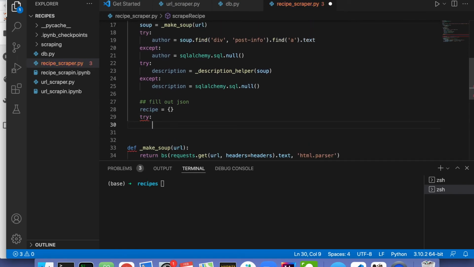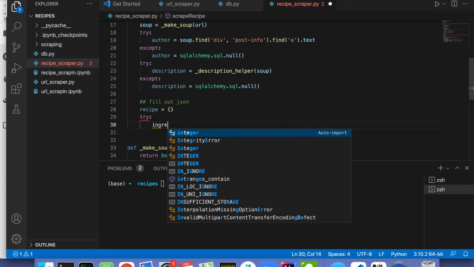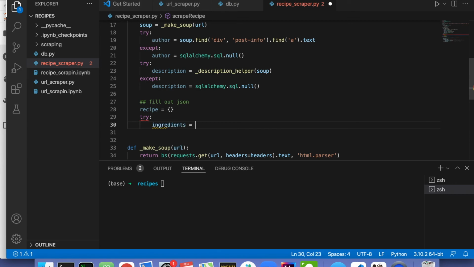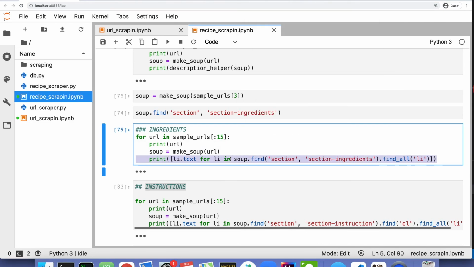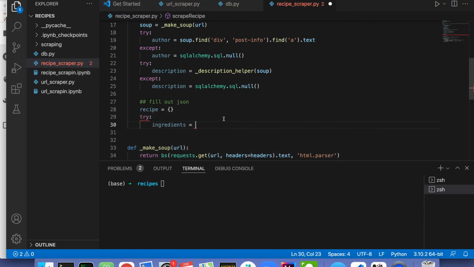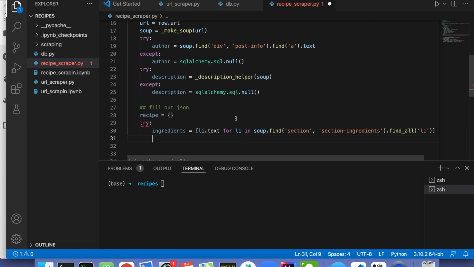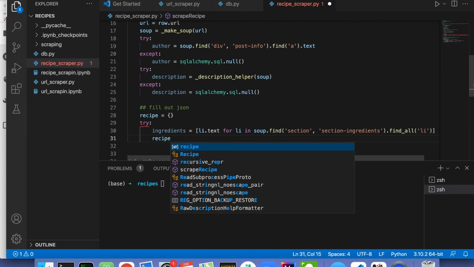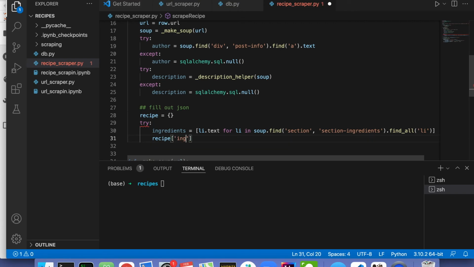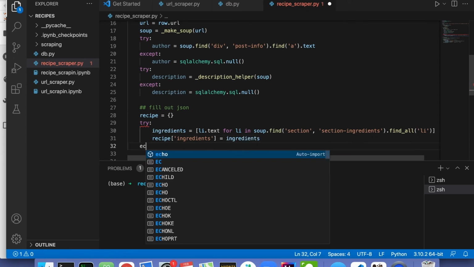try. It's going to be ingredients equals, nope. Go back for it. Oh yeah. Control C, Control V. So try ingredients, and then if that works, we'll say recipe ingredients equals ingredients. And then in this case,